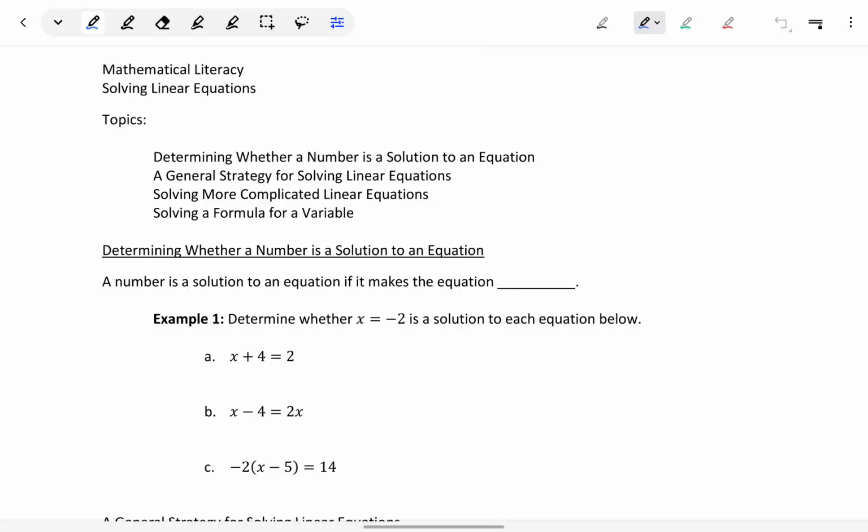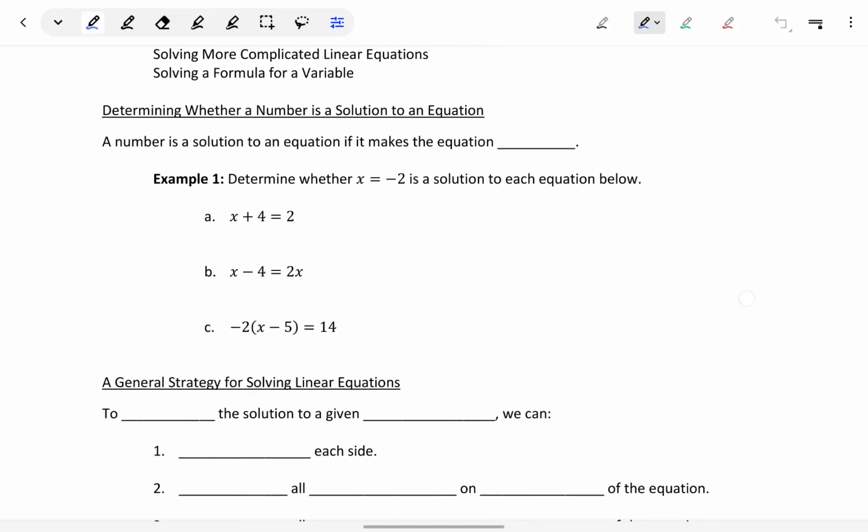Our next topic is learning how to solve linear equations. Before we get into that, though, we want to establish what it means for a number to be a solution to an equation. A number is a solution to an equation if that number makes the equation true. And we'll see what we mean by that in example 1,